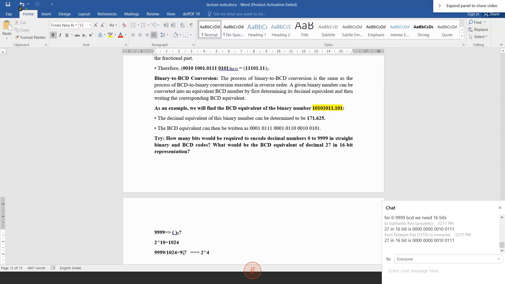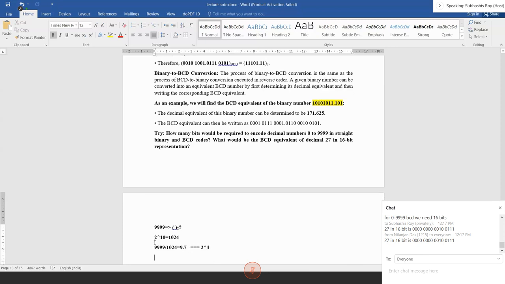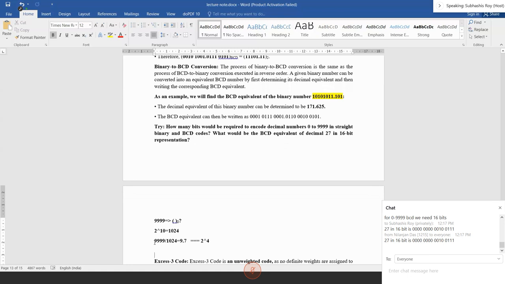So 4 bits plus 10 bits, the total is 14 bits. You can use this method for your answer, and there is another way: if you take the log of this number,